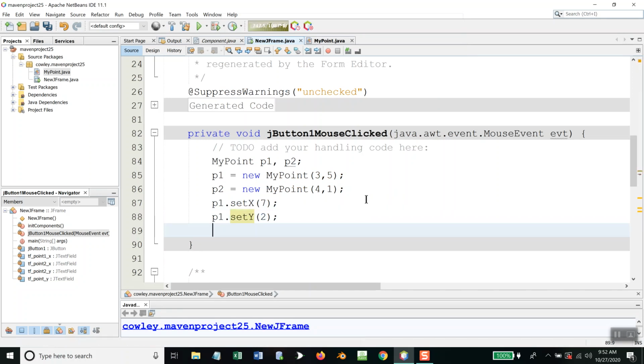So now my first point, instead of being 3, 5, would be 7, 2. Now we're going to see the gets here shortly, but that's our basics of creating a class,